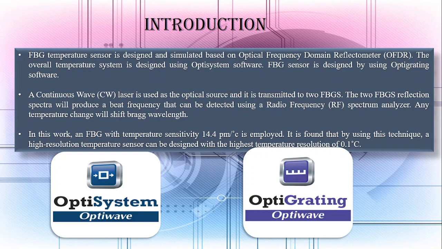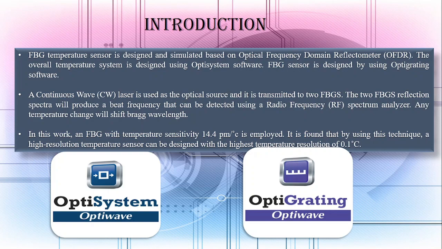A continuous wave laser is used as the optical source and is transmitted into the FBG. The two FBG reflection spectra will produce a frequency that can be detected using an RF spectrum analyzer. Any temperature change will shift the Bragg wavelength. In this work, an FBG with temperature sensitivity of 14.4 picometer per Celsius is employed. It is found that by using this technique, a high resolution temperature sensor can be designed with the highest temperature